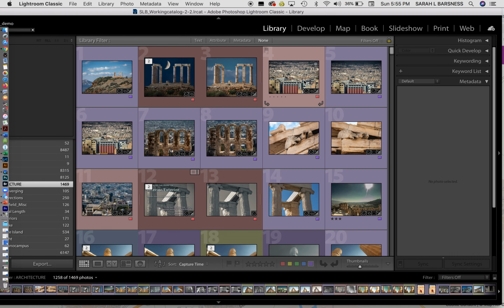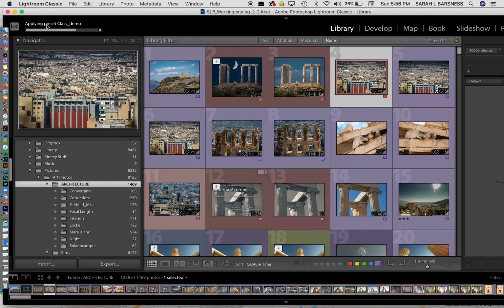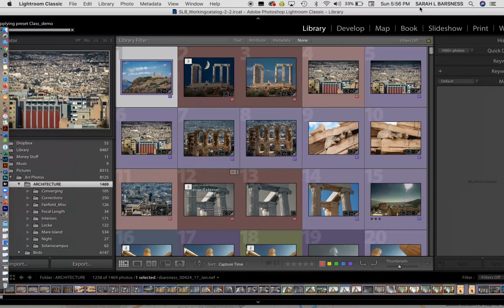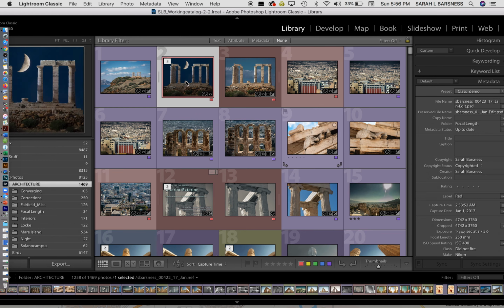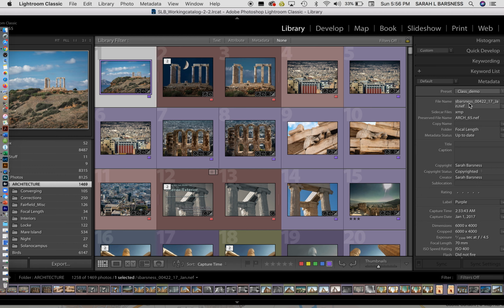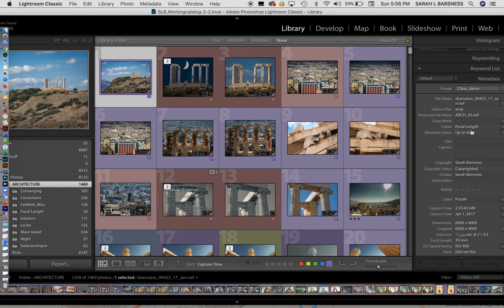And when I deselect it and select an image, whoops, it's not quite done yet. I was rushing it. So you can tell up here it's applying the preset. So once it gets done, if we select one of these, I hope it's there. Yes, there we go. So once it's done, we select these and you can see that all of that information, we need to go